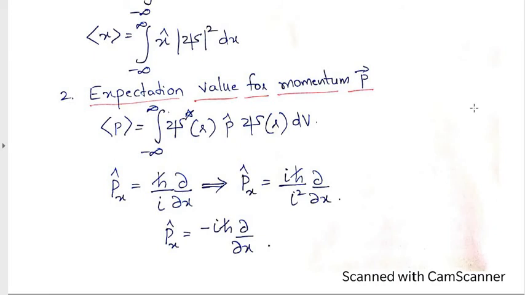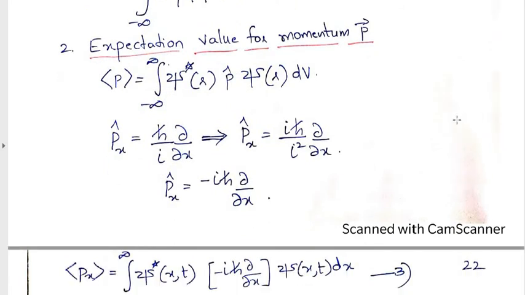Since we are considering p, this momentum p is in space, so therefore all the coordinates x, y and z of the Cartesian coordinate system have to be considered. So if we only consider one dimension, we have already shown that px cap, that is the operator of the momentum considered along the x direction, is equal to h bar by i into del by del x.